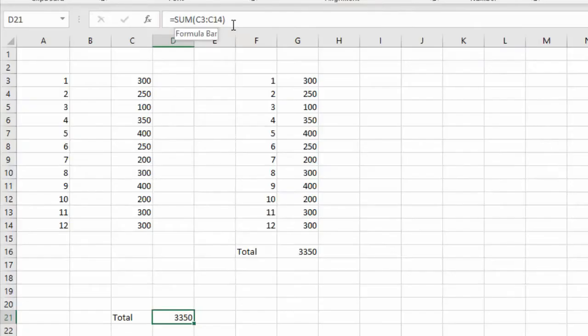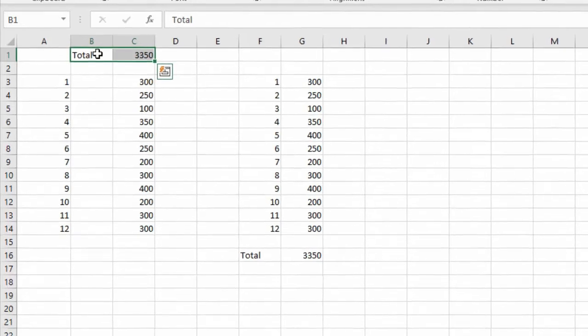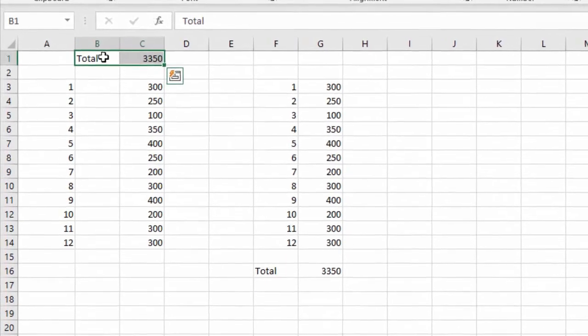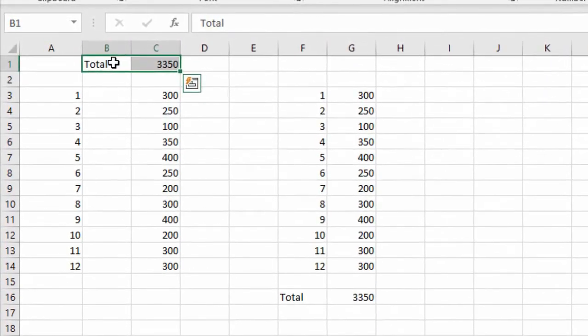Now let's say you had done an initial AutoSum and you decided to move your total to the top of the spreadsheet instead of below the list of numbers. So if I select those two cells again, and I'll drag them up to B1 and C1, so that's where my total will be from now on. Sometimes when you're dealing with a very long list of numbers, it's more convenient to have your summary of those